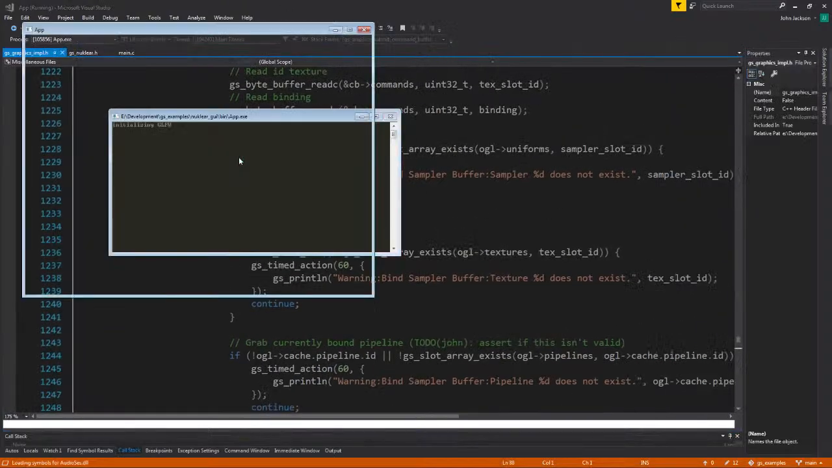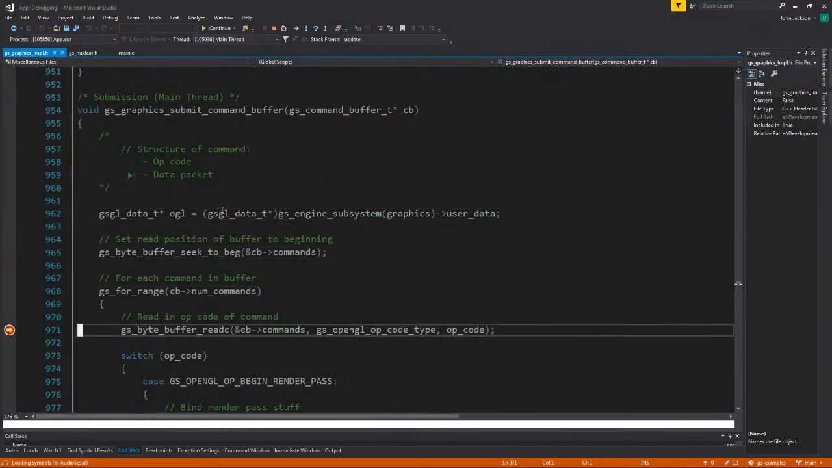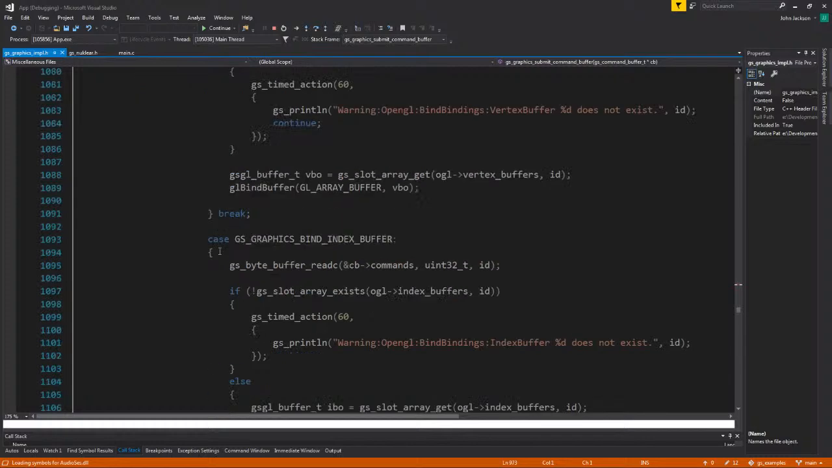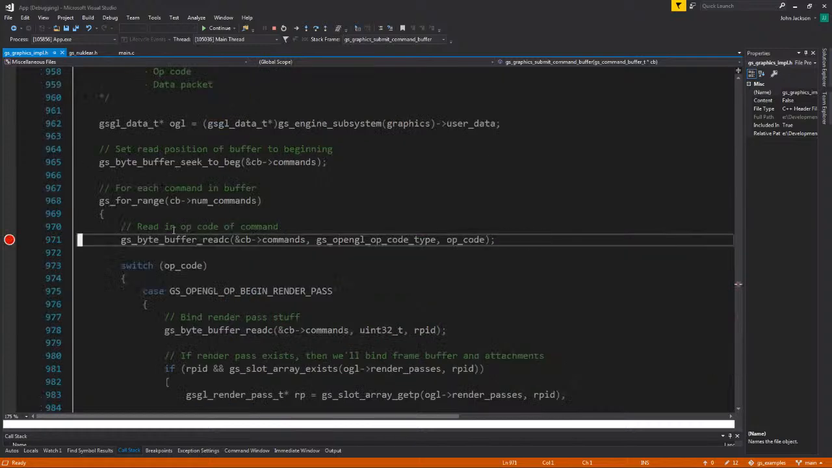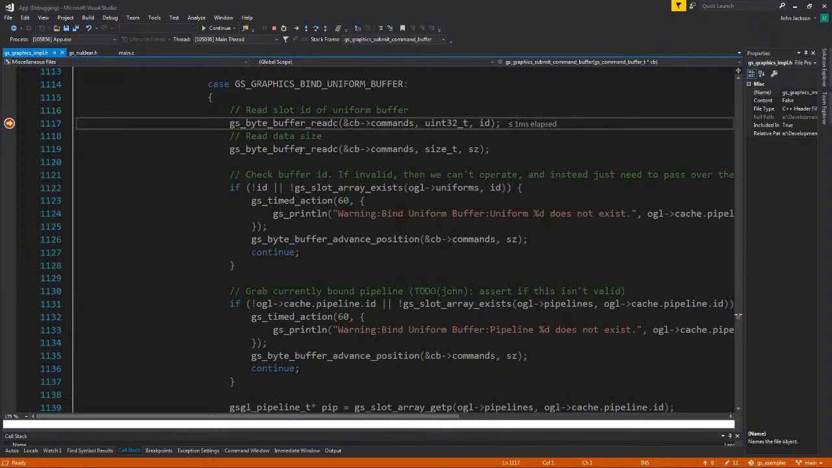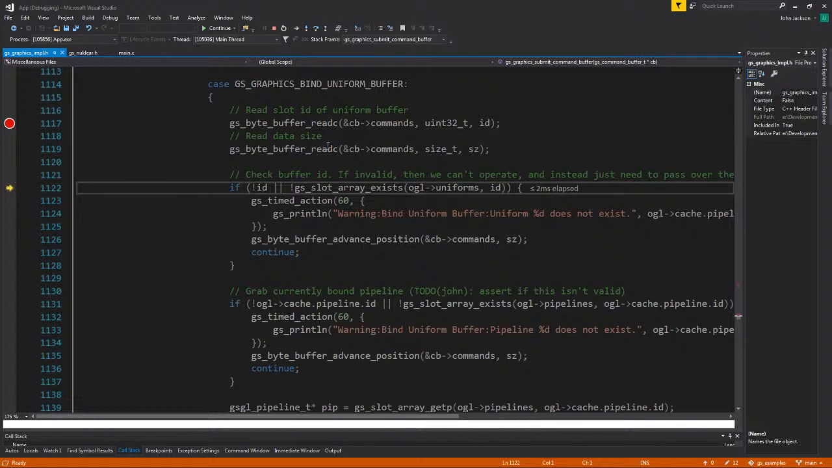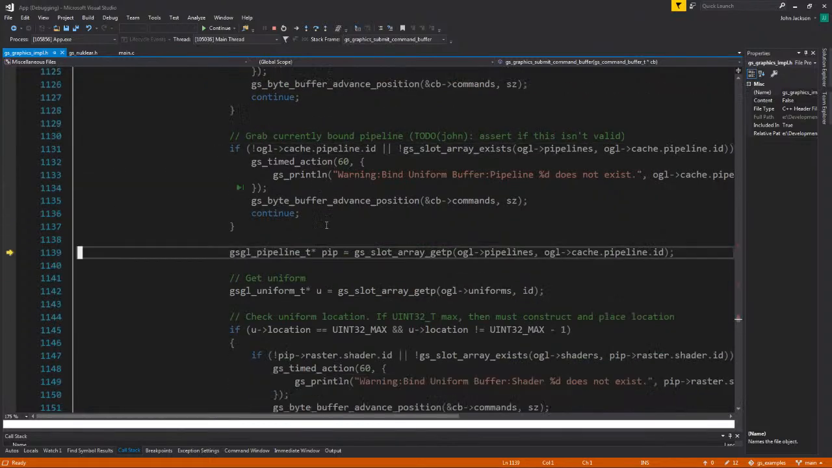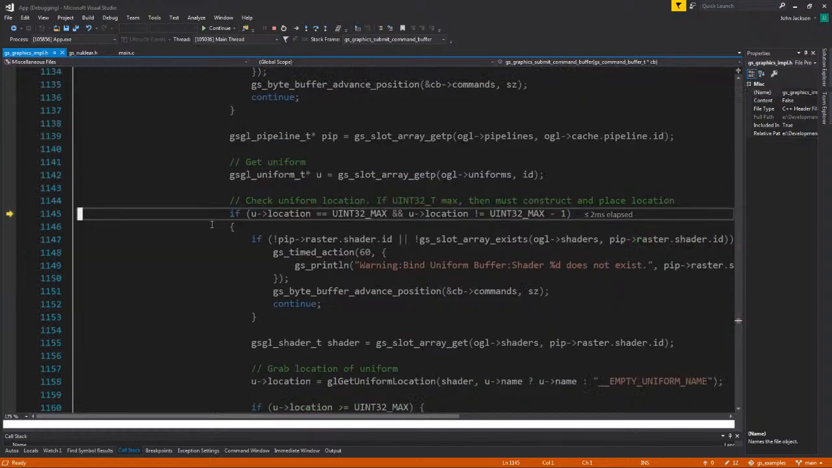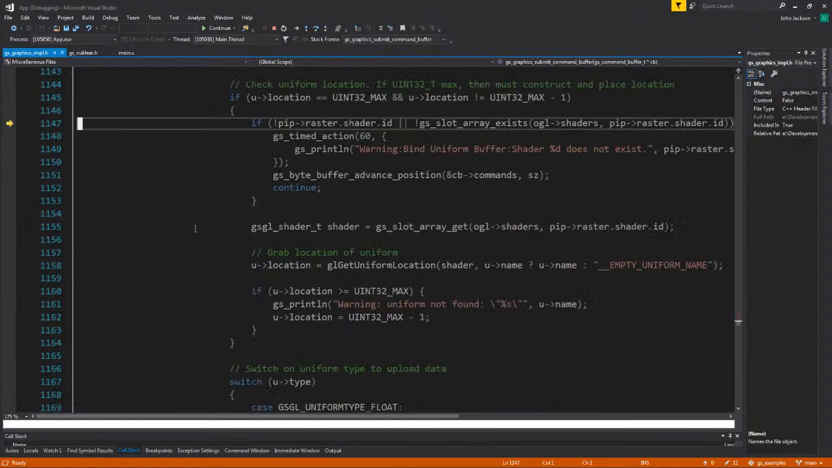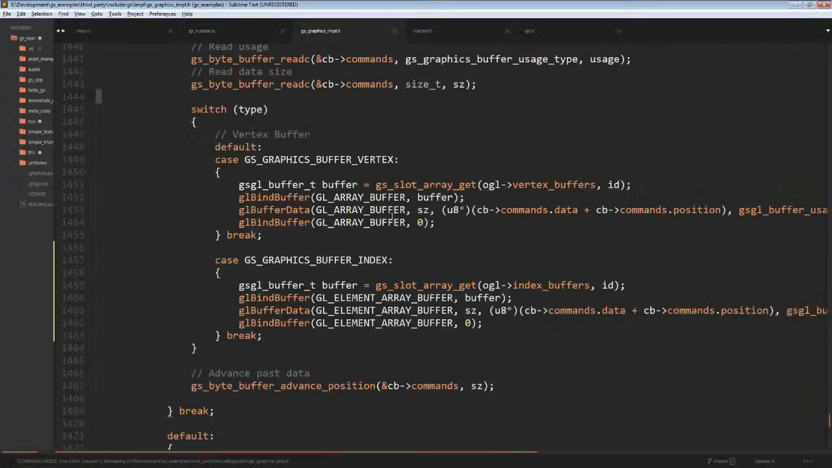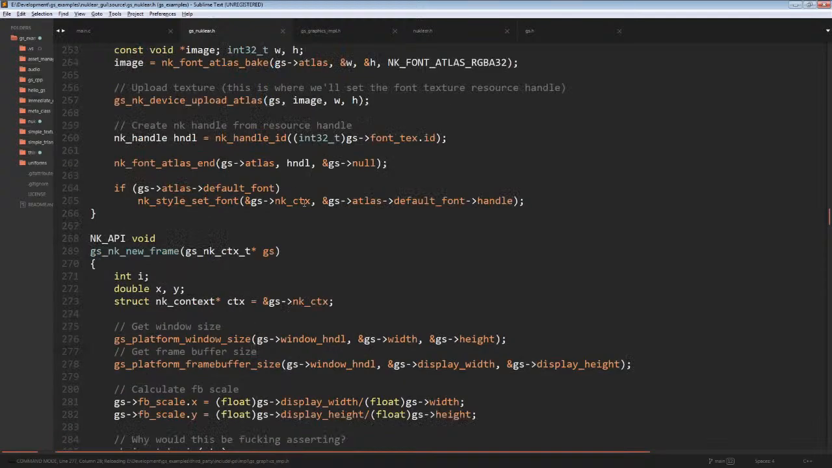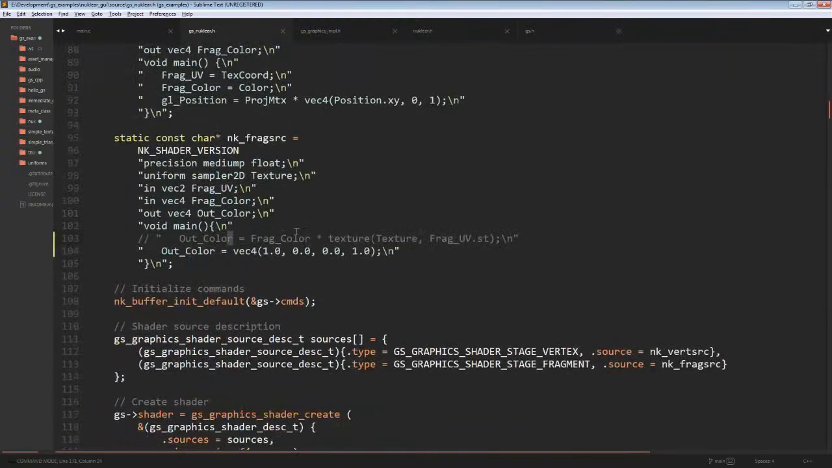Hold on. That doesn't make any sense. This is the first time I've done it. Come into here. I actually bind uniform buffer, right? Location's invalid. All right, so here we're actually grabbing the location. Okay. All right, cool. That's because if I come back to here, if I set this back,